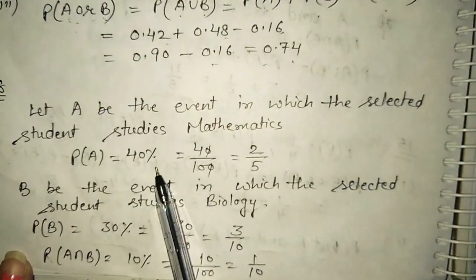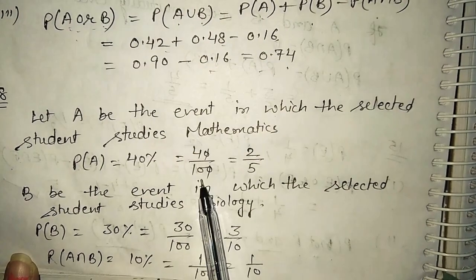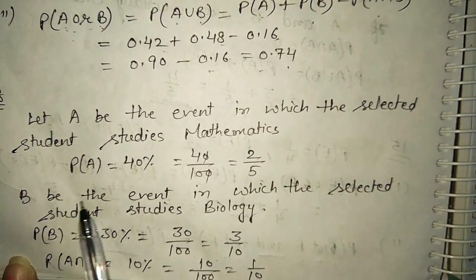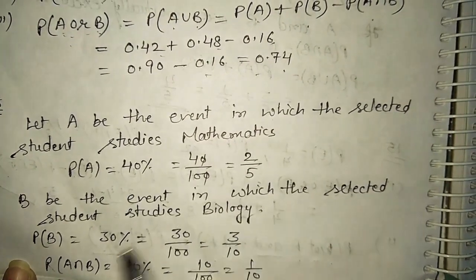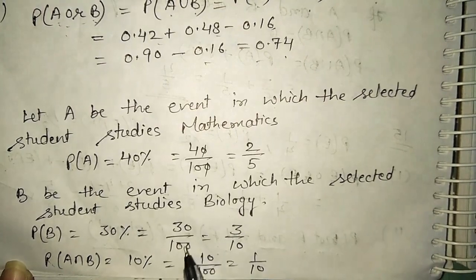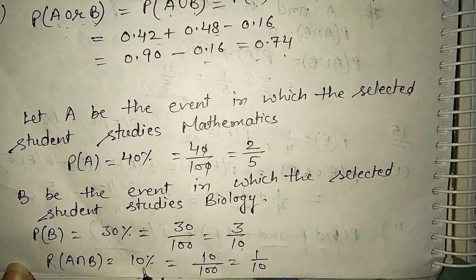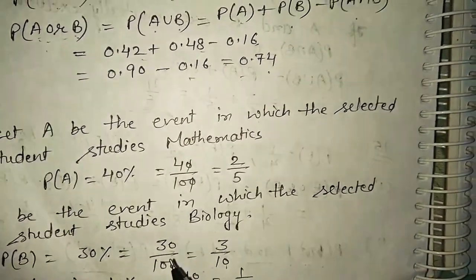So 40% are there. What is P(A)? 40% means 40 upon 100, favorable upon total. So that is 2 by 5. Let B be the event in which the selected student studies biology. So P(B) is equal to 30%, means 30 upon 100, that is 3 upon 10. And P(A intersection B) is 10%. So this is 1 by 10. And we have to find out